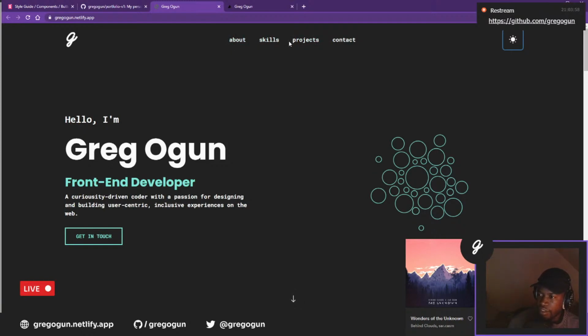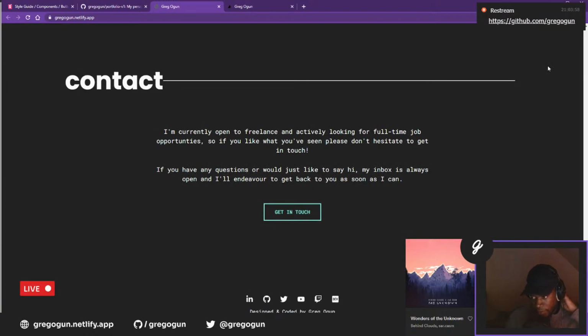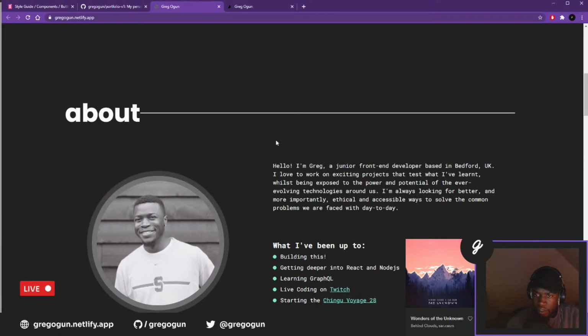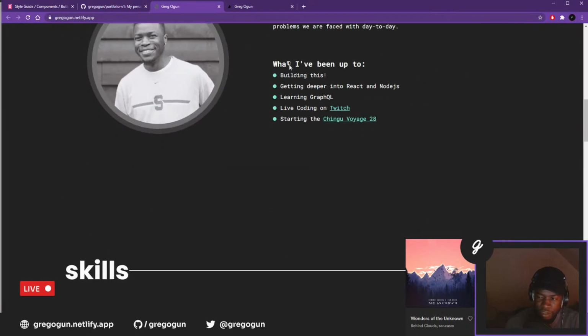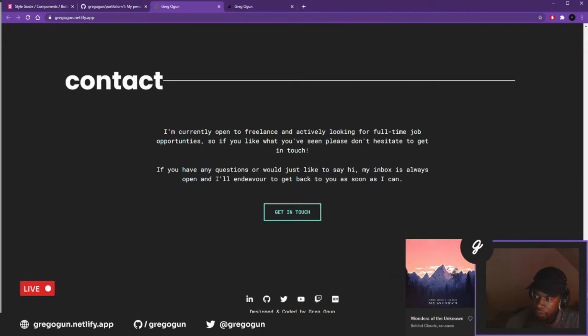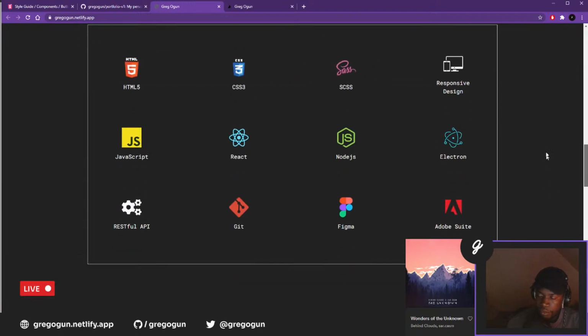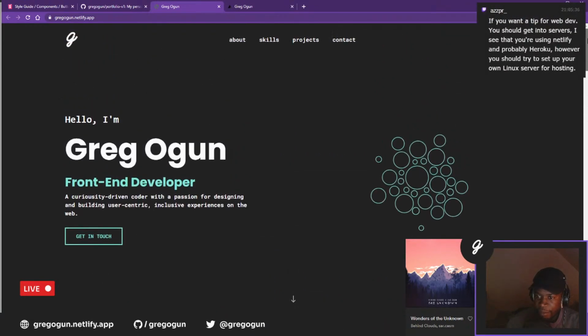It's a pretty small thing. There's not much going on here, but I did spend a while redesigning and rethinking the layout. I initially started with a routing system using client-side routing, where I think I was using Reach Router, but I ended up going with a one-page route because it made more sense. There wasn't much content, so it felt more intuitive to have it all on one page. Like I said, there's not much, but it gives a general overview of my skills, a little about me, and my most recent projects. It was something I was going to update, but I thought